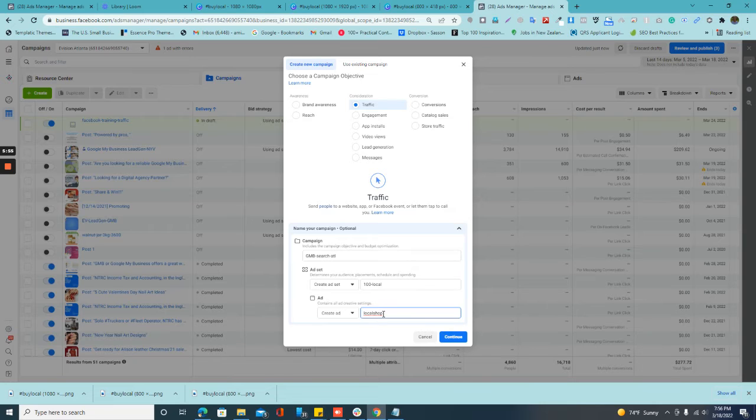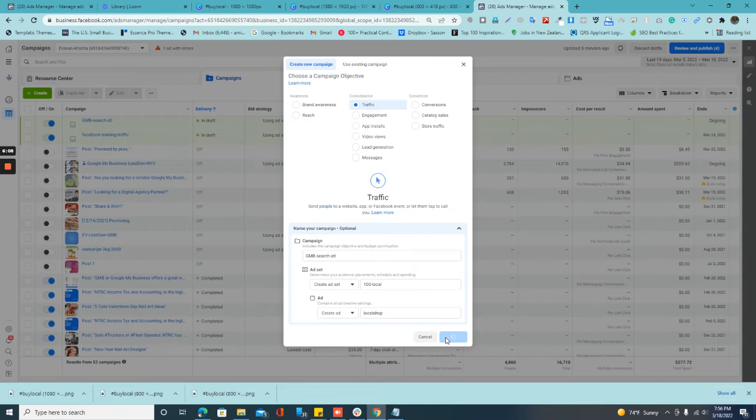So I can have different ads. You can have more than one ad if you want. But this particular ad which I'm creating, it's a local shop. The picture, the ad actually is about the local business. So I created